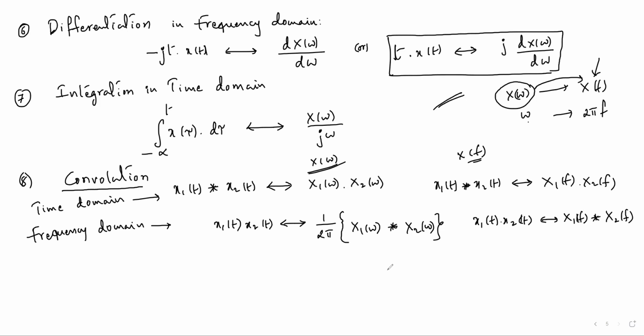In time domain small x for the signal, in frequency domain capital X for the signal. Just observe that. Whereas convolution in frequency domain, if you observe, 1 by 2 pi is extra. So that's why I have written for convolution property both x of omega and x of f expression separate. Fine. This can be called as multiplication property also.